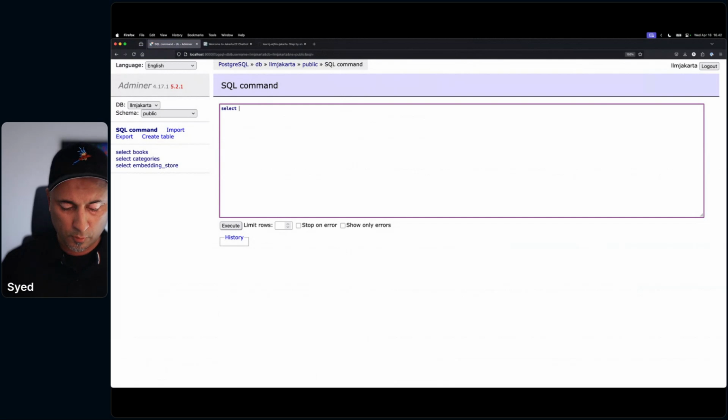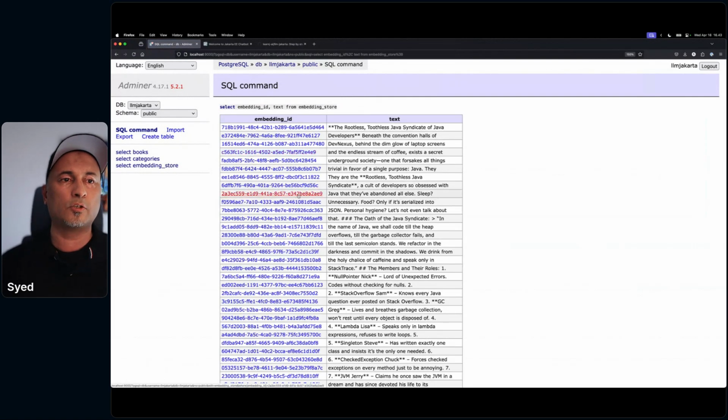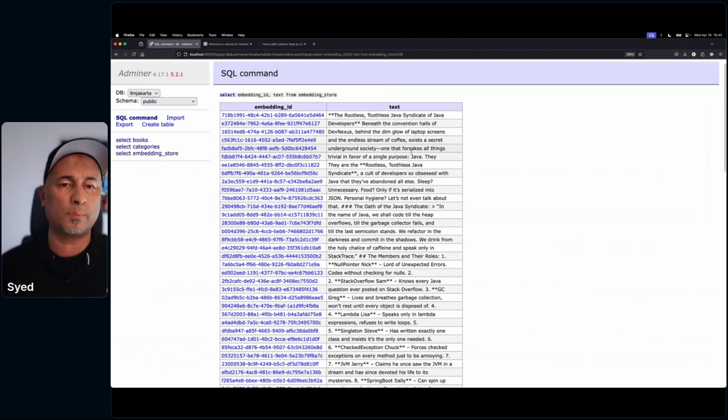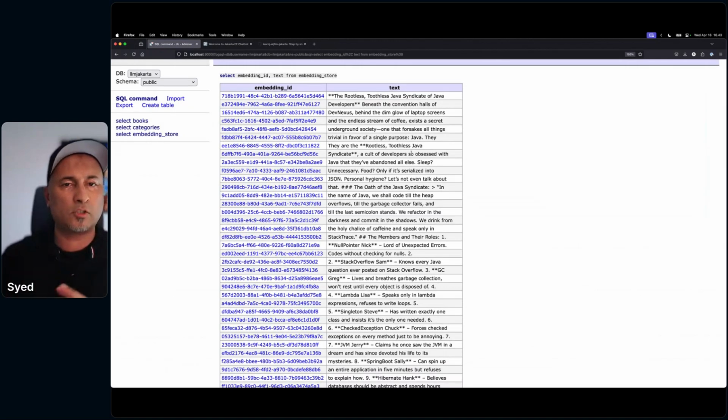So I'm going to search for embedding_id and text from embedding_store. Right? I think that's what it should be. And I run this query. And by the way, I'm using Adminer, and I'm using Docker Compose locally. And here you can see that it has actually created embedding text from those documents. I'm not showing you the numerical representations, but these are the textual representations of how it has chunked